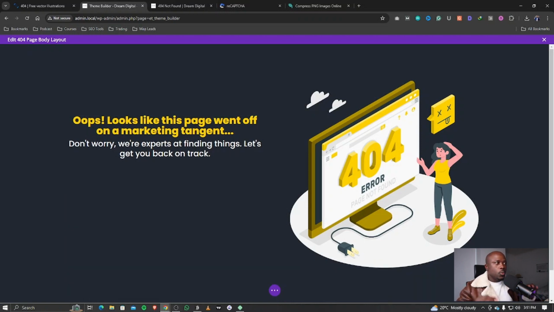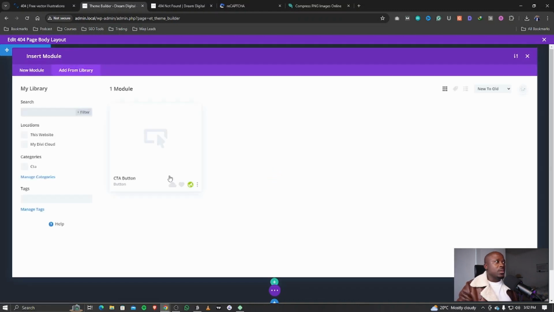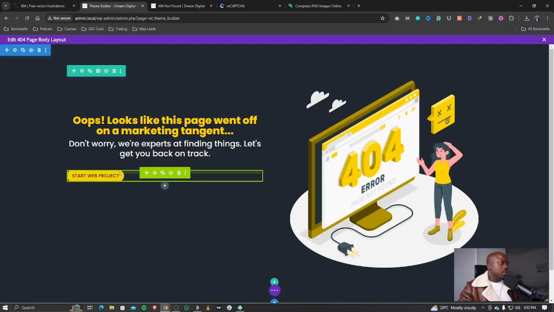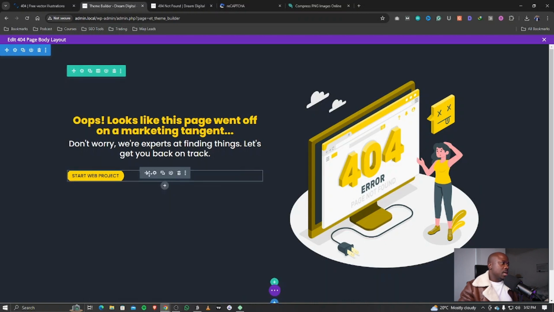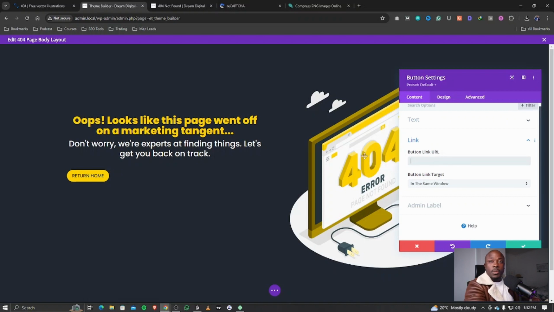Okay, and the next thing we're gonna do, we're going to add two buttons here. Okay, I'm gonna add a module, say button. But we already have a button that's in line with the website design. We're going to use this CTA button right here. We just add the CTA button, use this module, and it says start web project. We're just going to disable global setting on this so that it doesn't affect other buttons. And we're going to say, let's just add one button and just say return home. Okay, we're going to say return home,